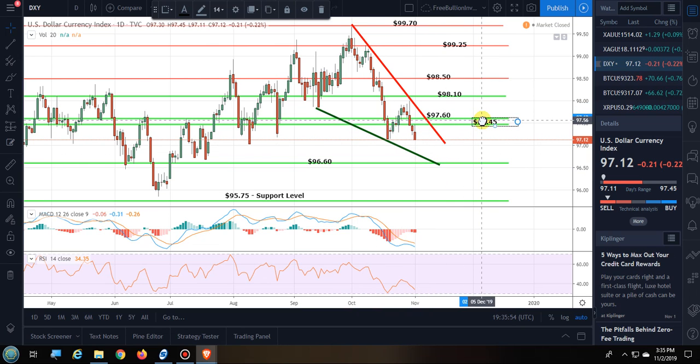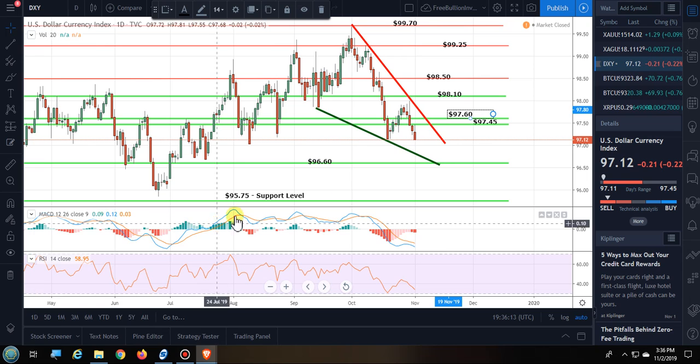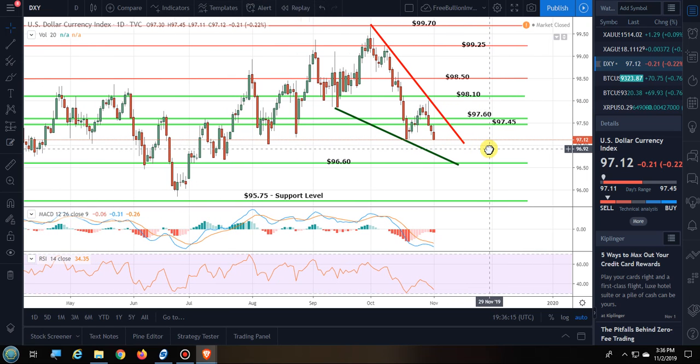Unless we get something out of the trade war that is positive or something along those lines, we might see a pop out of the dollar moving higher. But I would be very surprised if it moved much above 98.50. 98.10 for that matter. With the Fed's interjection of money into the markets, with the repo market and so on,